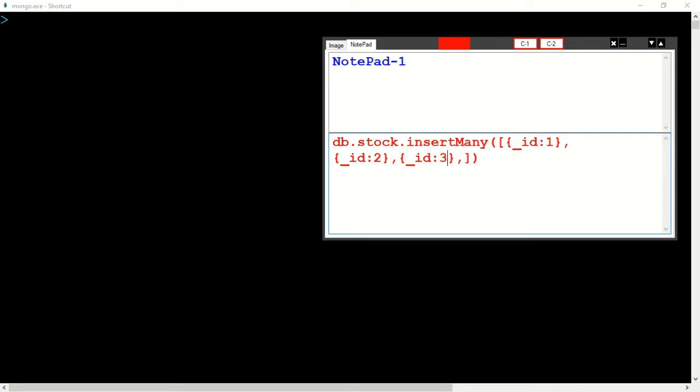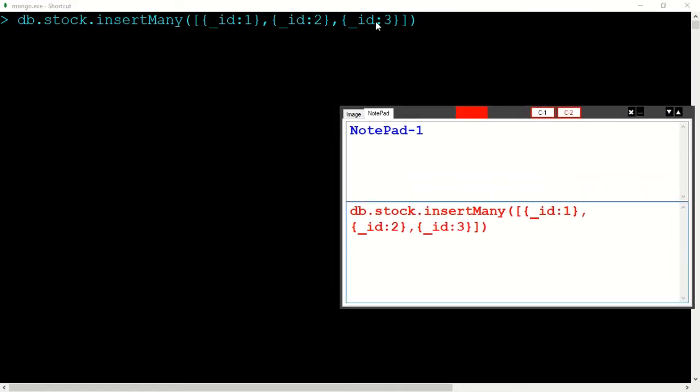Let's say there are 3 records. We are inserting only the IDs. Let's copy this command, right click to paste it here, id 1, id 2, id 3, and press enter. So 3 records have been inserted.